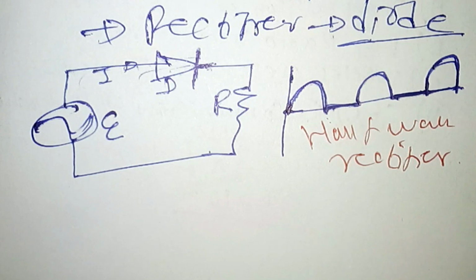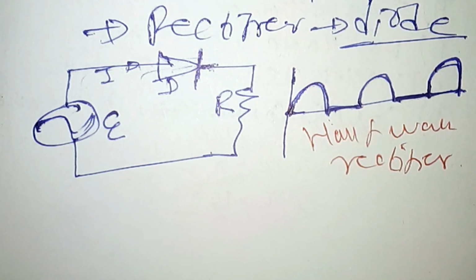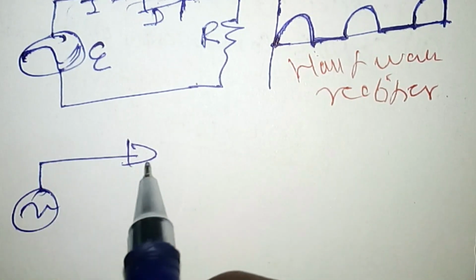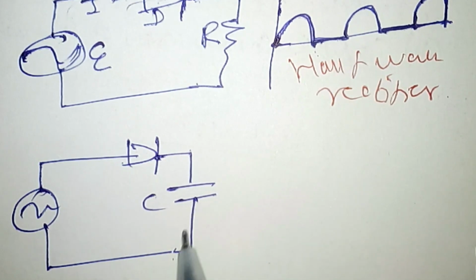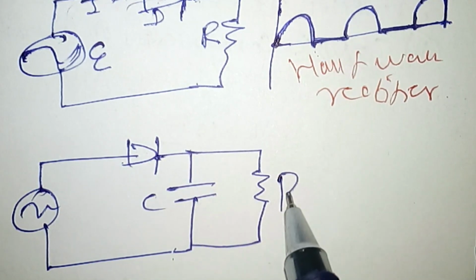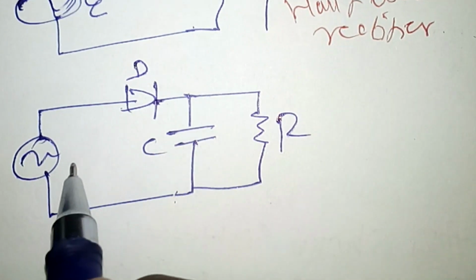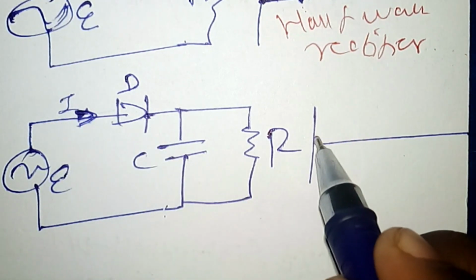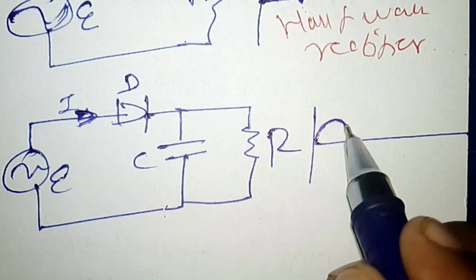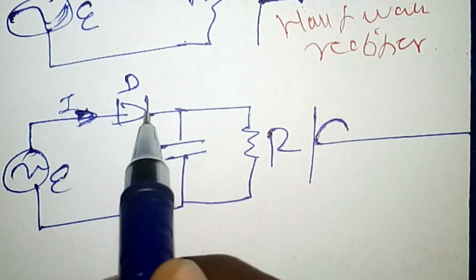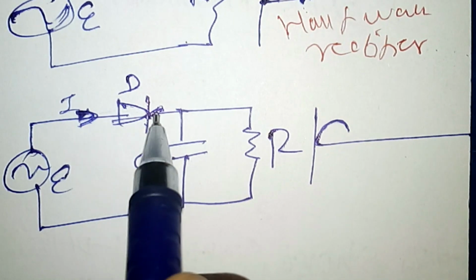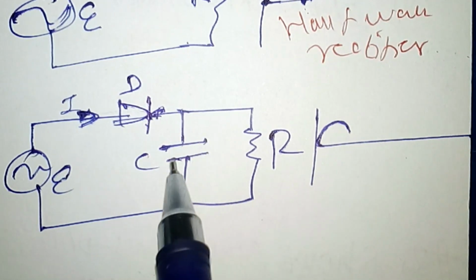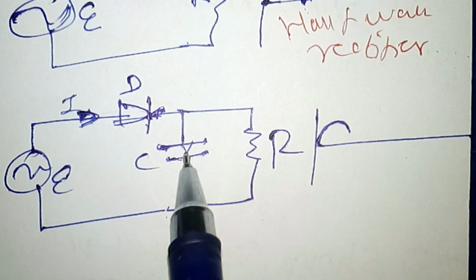If a capacitor is inserted with the diode in this circuit, we have a filter. We have an AC source, a diode, a resistor, and a capacitor C inserted in the circuit like this. If the current is moving forward, we have current here, and it starts to flow through the circuit. But if the current changes its direction and reverses, the diode does not allow current to flow through the circuit. So this circuit has no source current, but at this time the potential difference across the capacitor starts to